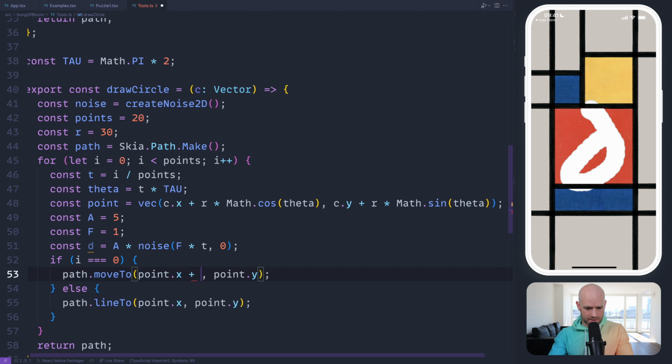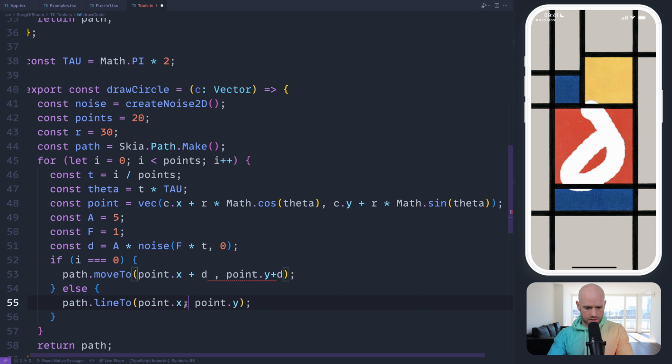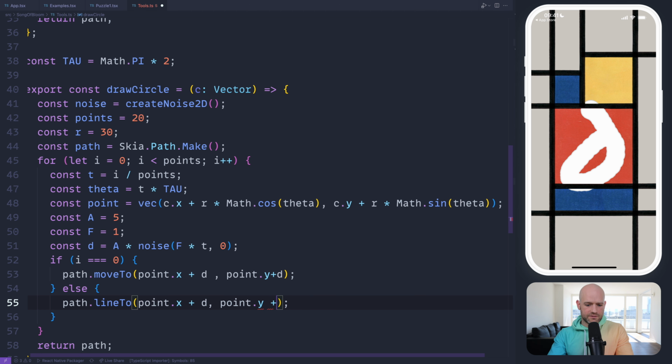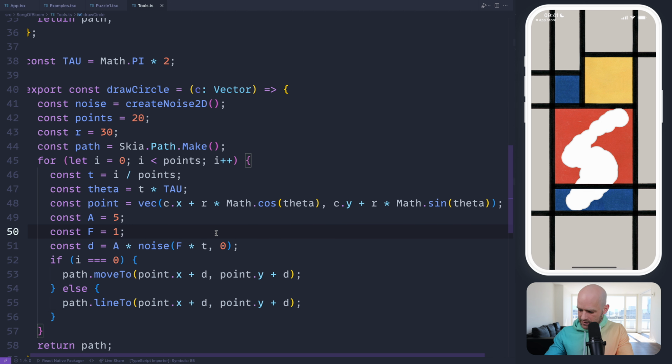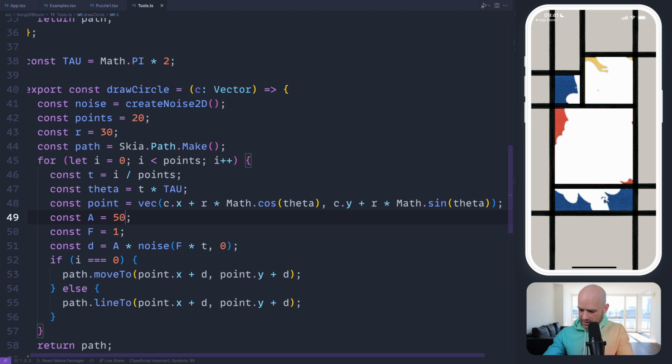So then we can add the delta to the values. We could create a different noise for X and Y, but it's not going to be necessary here, I think. So let's see now if I put a huge amplitude. Here you see we go from -50 to 50.